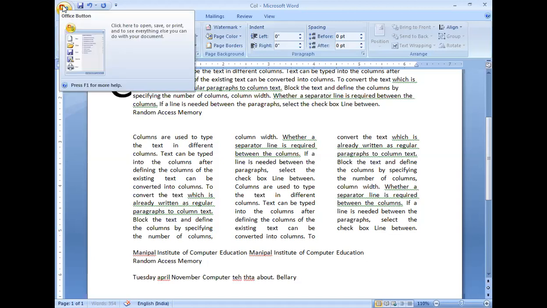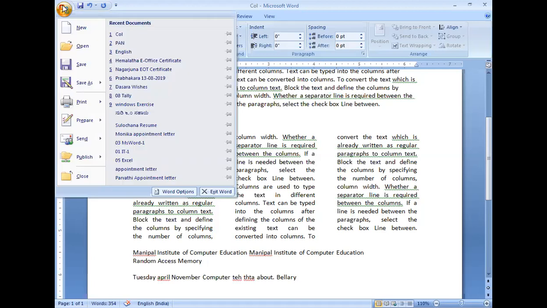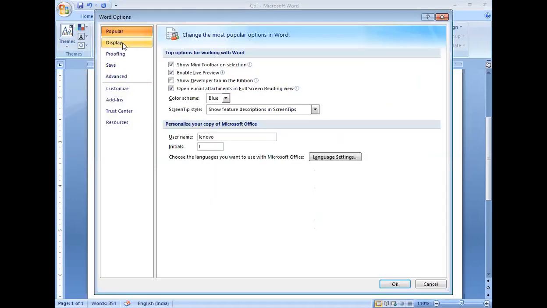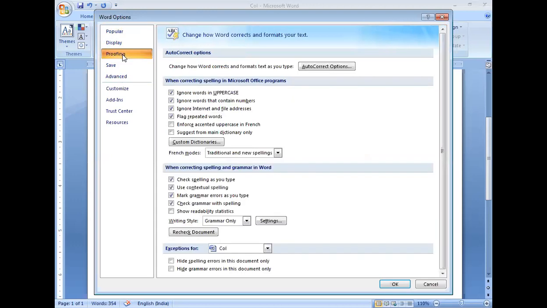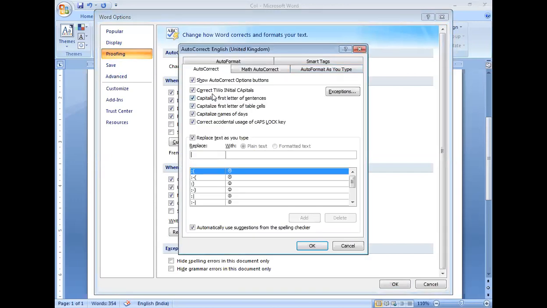Go to the office button here. Click on word options. When you click on word options, at the left side you will see popular, display, proofing, save and advanced. Click on proofing. In this proofing, we have autocorrect options. Click on autocorrect options. Here, all some options are there.